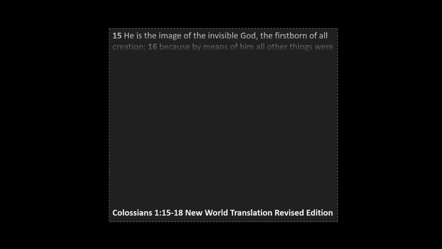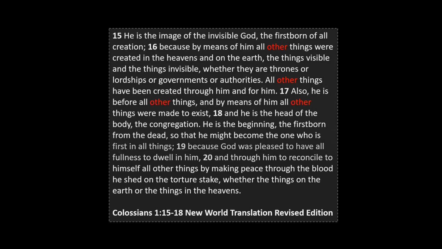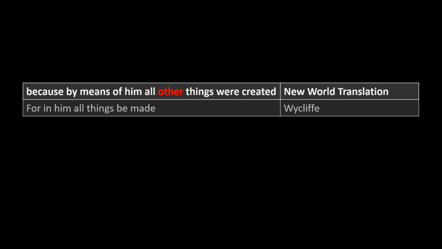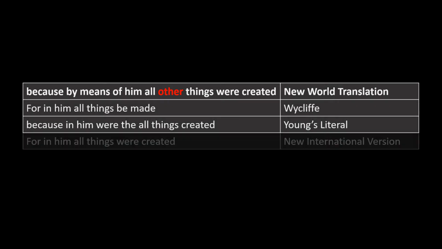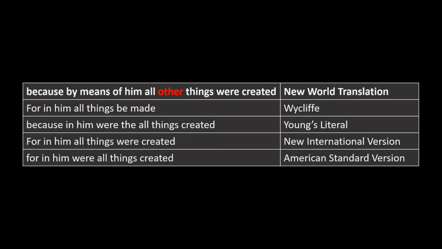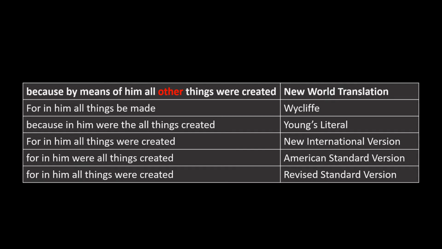The New World Translation printed by Jehovah's Witnesses includes the word "other" 5 times in Colossians chapter 1. For instance, in verse 16, where speaking of Jesus, it says, "Because by means of him all other things were created." Other Bible translations do not include the word "other," and the New World Translation is accused of bias by adding the word "other" to enforce the meaning that Jesus is a created being rather than an uncreated creator or